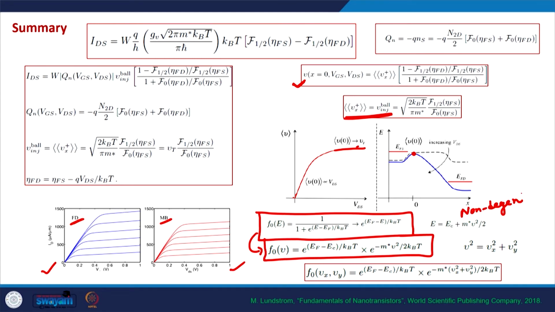This non-degenerate case is actually the case most of the time, so it is not a very bad approximation. By analyzing the velocity distribution, which can be broken down into positive velocity components and negative velocity components,